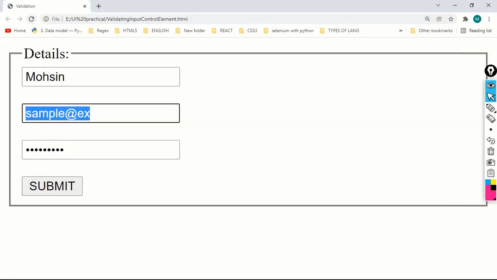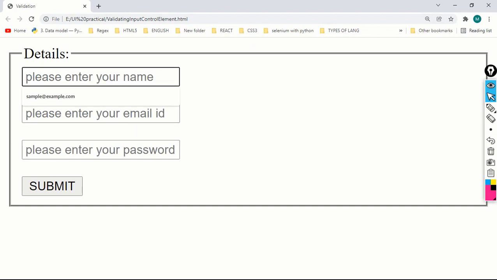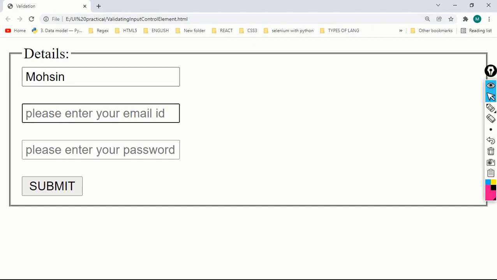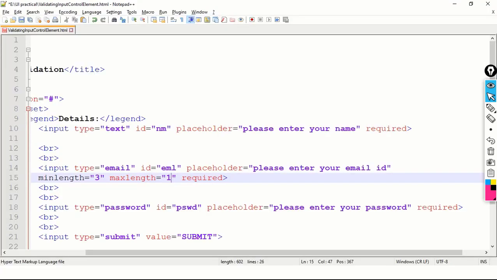Let's refresh, enter name Mohsin, enter email ID sample@gmail.com, but it is not taking the last M. Why? Because maximum length is reached: 1 2 3 4 5 6 7 8 9 10 11 12 13 14 and 15. So I will have to make it 16.